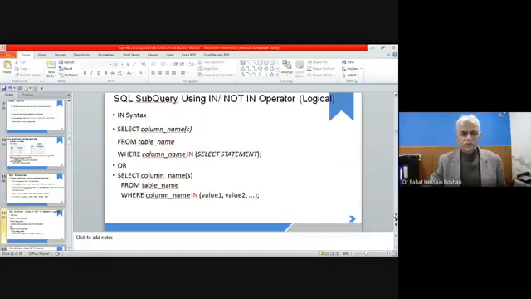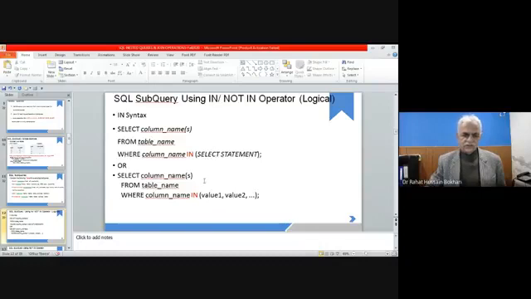So we have to use one operator that is called in or not in. In the simple queries we also use in and not in, because in means within. We have a list of values and we check whether some value falls within the list of values or not. Its syntax is select column names from table name where column name in. You can even write the values here, and we check the value of this column name, whether it falls within the list of values or not.